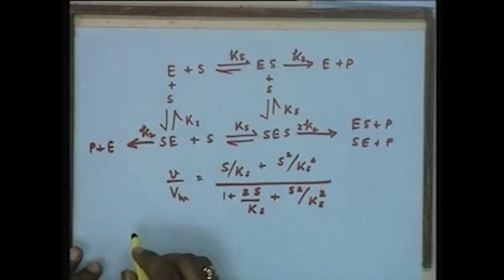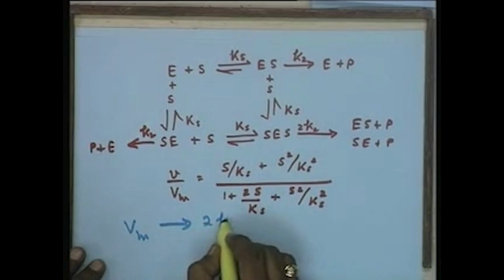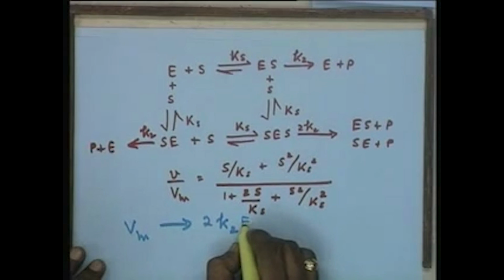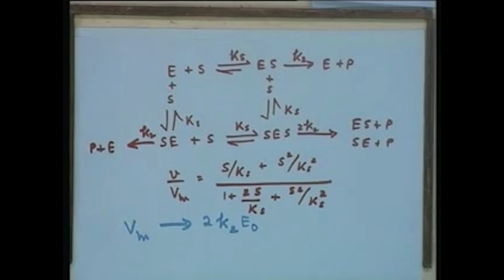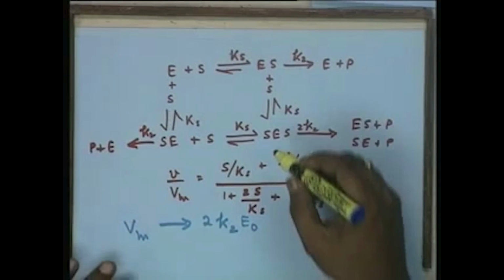And in such case the rate expression, the only difference here we must notice is that this Vm term will correspond to essentially 2K2 into E naught rather than, yes. So can't SES lead to formation of two products in one enzyme, E plus 2P? Eventually it will lead to that, yes. Eventually, that's why we are saying Vm is 2K2. If suppose whole of the enzyme is in this form,